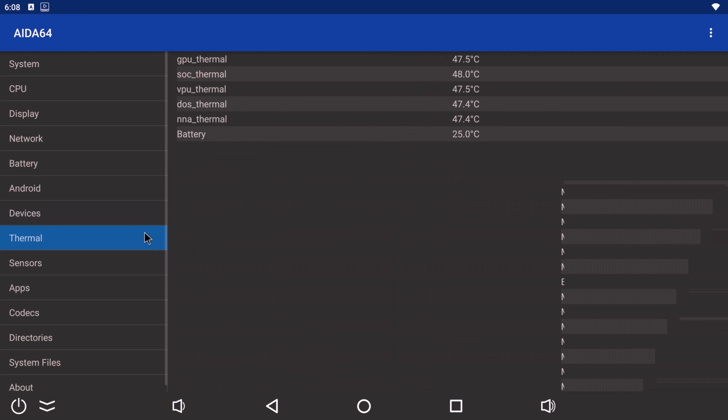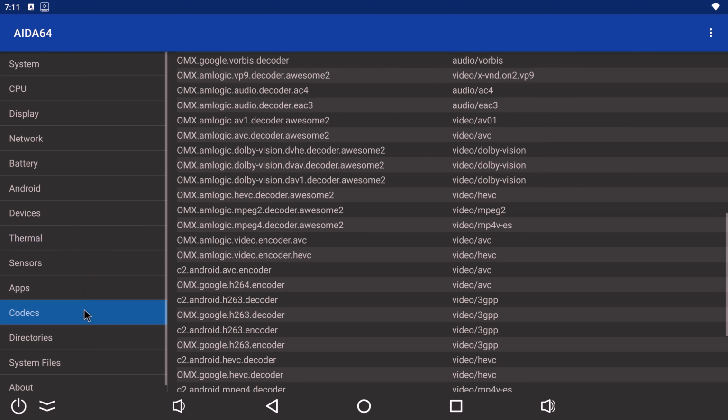Under temperature, with its massive heatsink on a very hot day like today, right now it's 32 degrees Celsius outside and it idles around 46 degrees Celsius, and I'll monitor how high it increases during gaming to test the effectiveness of its heatsink. And for audio and video decoders, it comes with video decoders such as H264, HEVC, AV1 and